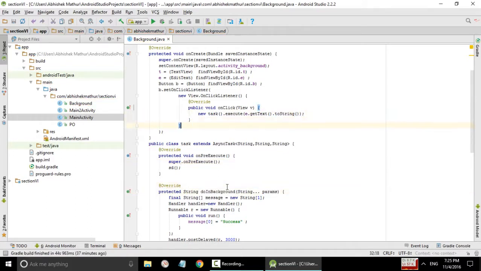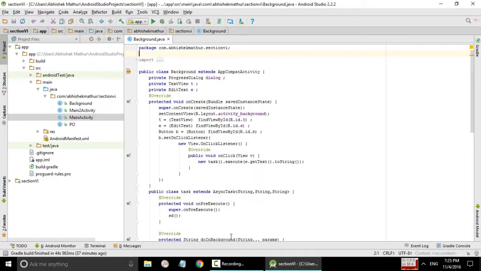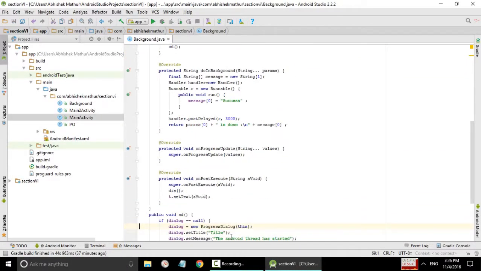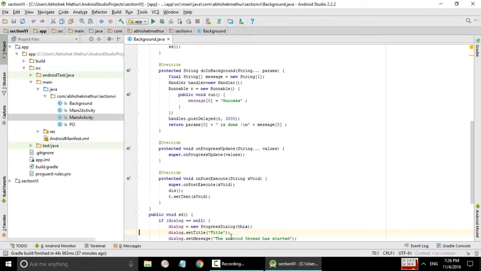Now we will learn more about Android in the subsequent lectures, and I hope that you use background AsyncTasks to do long processes, or any kind of process where you are not aware of the time limit, so it does not hang the UI and gives a smooth user experience.